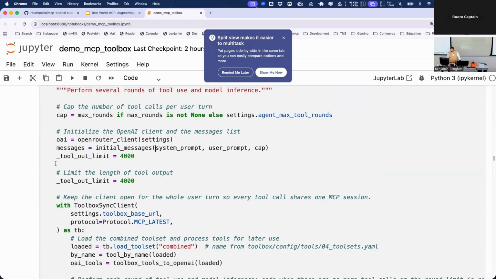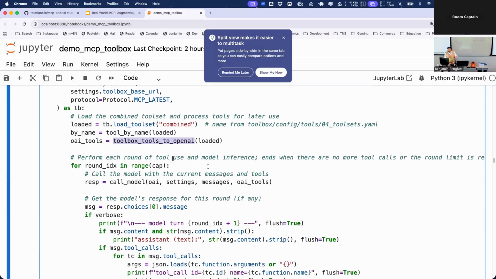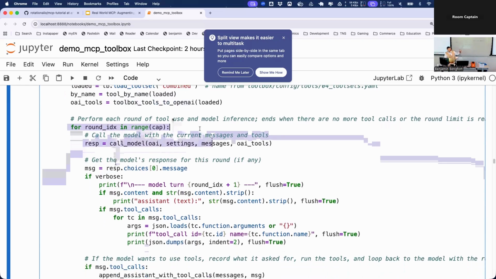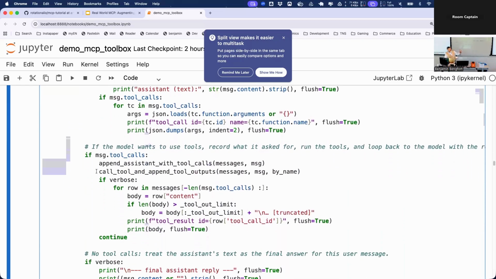We're getting the tools by name. This is doing the mapping of the name to the tool call function. Here, we're translating that into that JSON struct that we have to put into the OpenAI definition. And then here, we just loop, we do at most 16 rounds. And for every round, we call the model. We look at the response. If the response has a request for tool calls, then we are going to call tool and append tool outputs,